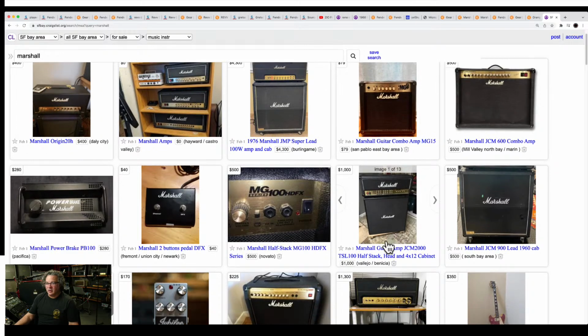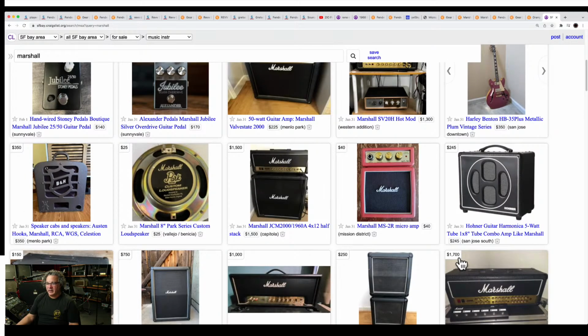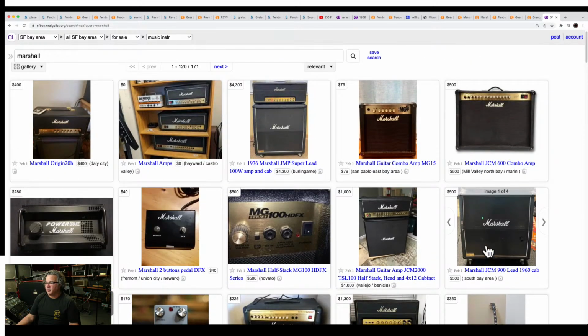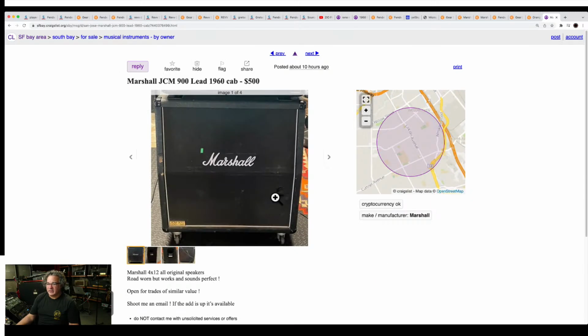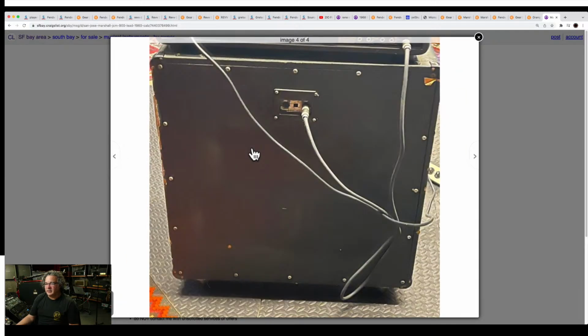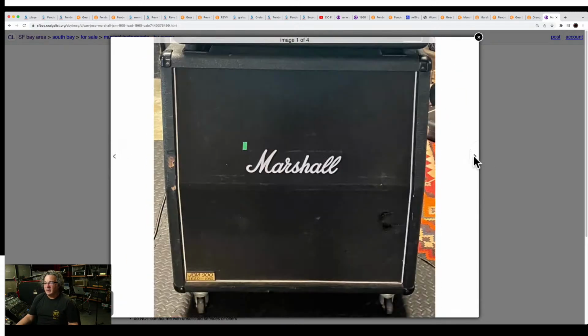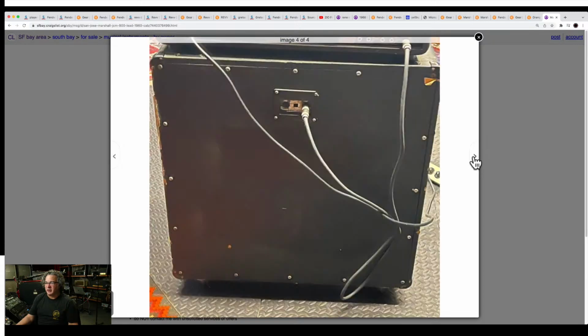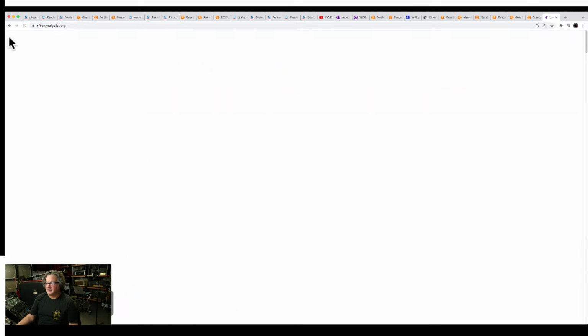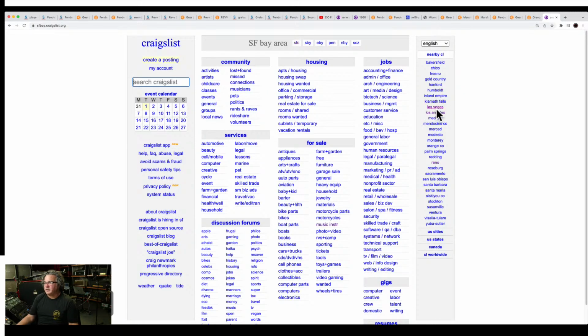So here, normally you can find a 412 cabinet. This one's a little hot for $500. You can get it for $400 or $350 on a good day. But then there's a hole in the grill there and it's kind of trashed, and the back plate. But here's the thing: what you begin to do is start poking around. Now, the other thing you can do is go to a place